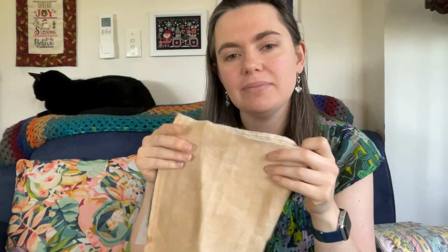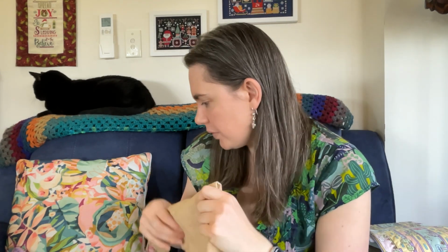However, I am taking this from my Christmas celebration sampler by the Frosted Pumpkin Stitchery, because I'd earmarked this fabric to use for that, for when I spin my Christmas wheel during my 25 days of Christmas stitching. So I had a look at Instagram and what other people have been doing it on, because I didn't really have another brown fabric that was similar to what they used. And I found someone had done it on